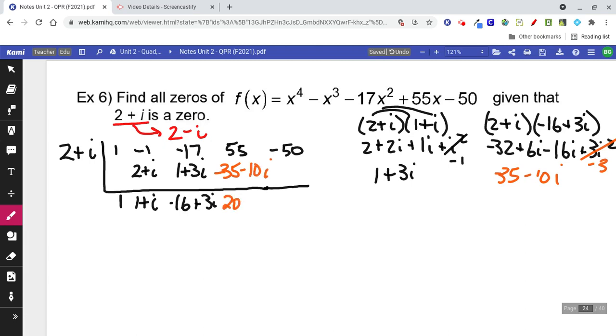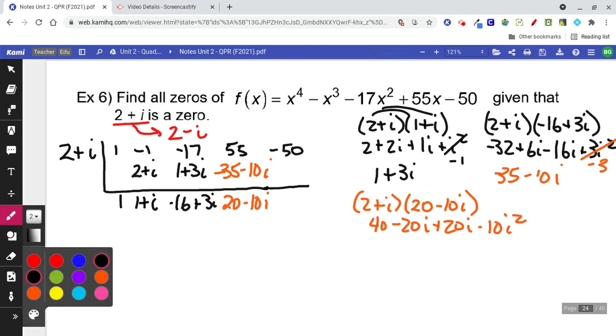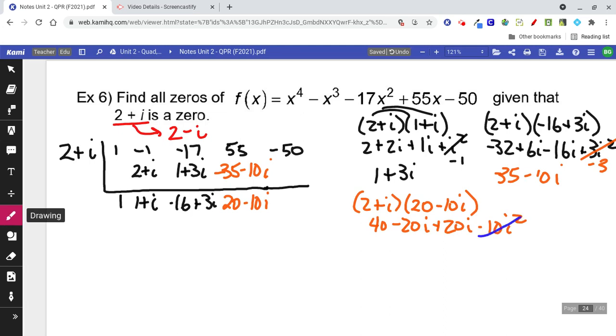I add down, that's going to give me 20 minus 10i, and I have to do the same thing again. I have to multiply. 2 plus i times 20 minus 10i. That's going to be 40 minus 20i plus 20i minus 10i squared. Minus 10i squared is going to be plus 10, because that's negative 10 times negative 1. That's plus 10. Notice these i's cancel, which is nice, and 40 plus 10 is 50. I'm going to get 50 for that answer,